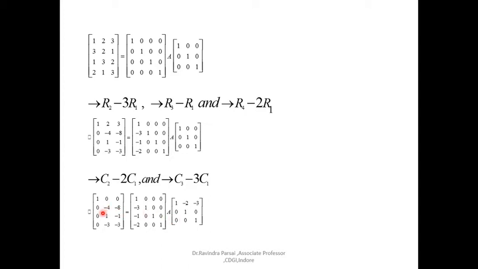The first column stays as it is, and the second column is changed according to the column transformations: 2 minus 2 is 0, and then minus 4, 1, minus 3, while the first remains 0, minus 8, minus 1, minus 3. So the prefactor unit matrix is kept as it is, and only the postfactor unit matrix changes.